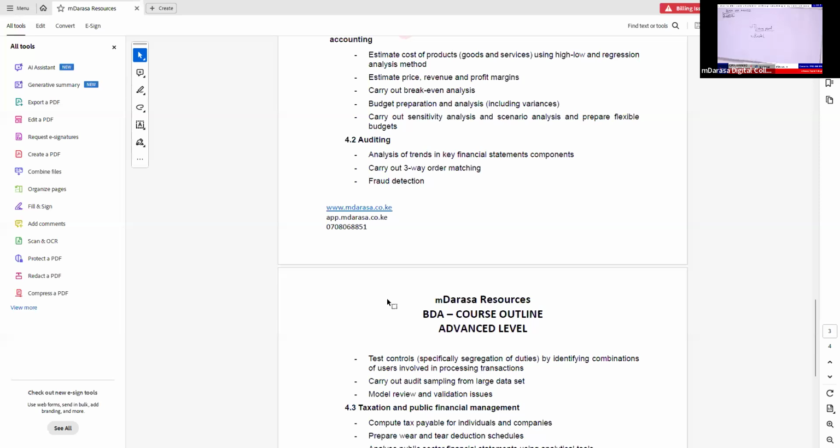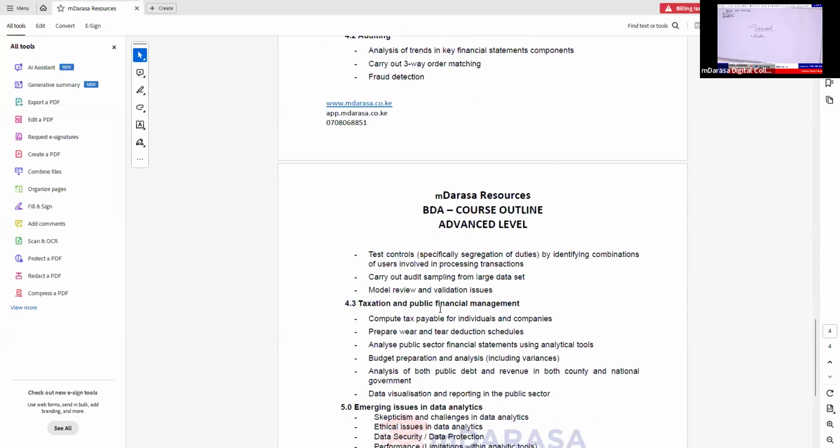The same case, you'll find that I will be talking about taxation and public financial management. At some point in time, you must have considered tax. You must have considered taxation. So the big question is, with the knowledge that we had, can we apply it now when it comes to practice? And more so, whenever we are using these applications like Excel, that will be very important for us.